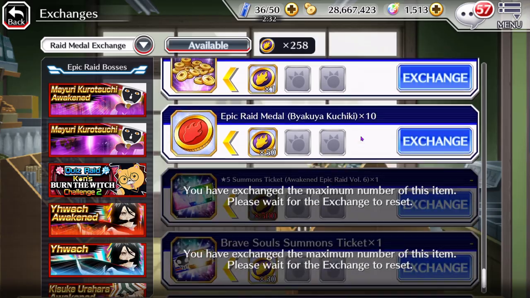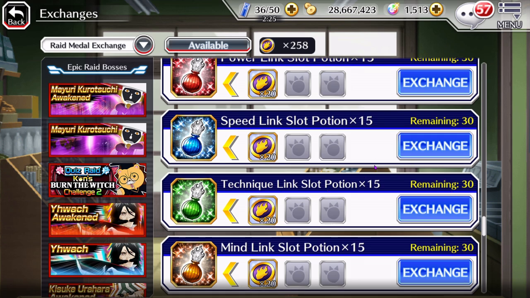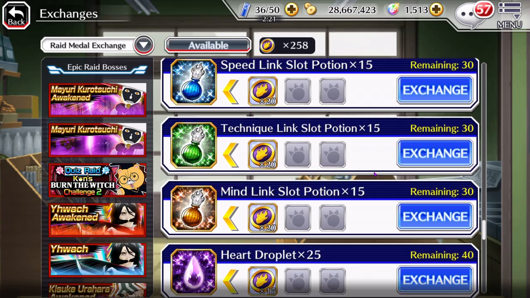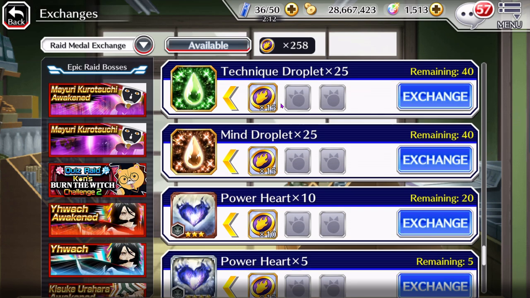Now, you're not going to buy your potions really from the shop. I mean, you can. There's a set amount on them. You can buy, I believe, 30 of each, up to 15 of the link slot potions. For the super, it is also 15, so 150 of each. That's not really why you're going to want to do it. Now, you're going to want to play epic raids to exchange for your orbs, your tickets, and then you can clear out your shop. But the main reason you're going to want to clear epic raids is because when you